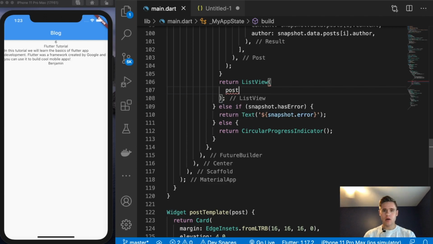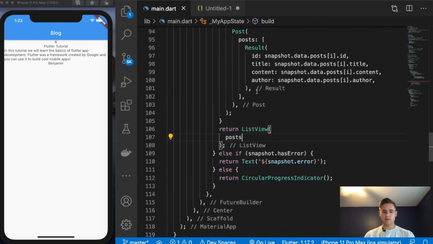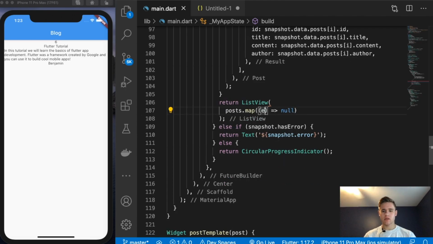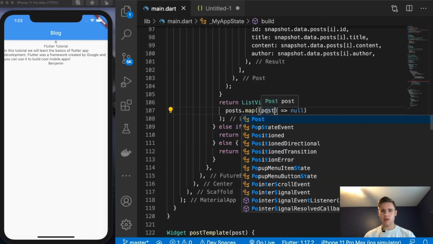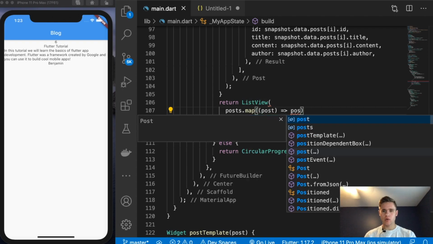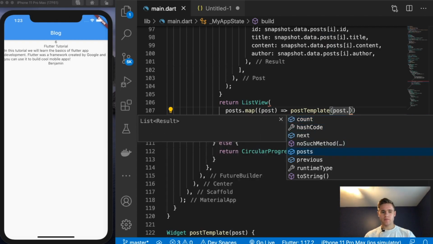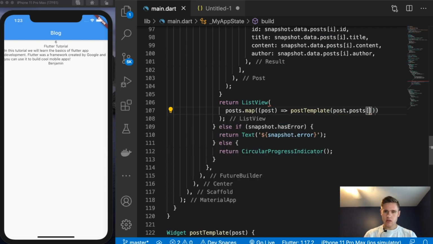So we can say posts, which is the post list right up here that has all of the data, dot, we can say map, and I'm going to change this e to posts. So this is each individual post inside of it. And what we're going to do is map that to the post template. So we'll say post template, and then it will be the post dot posts sub 0 dot,